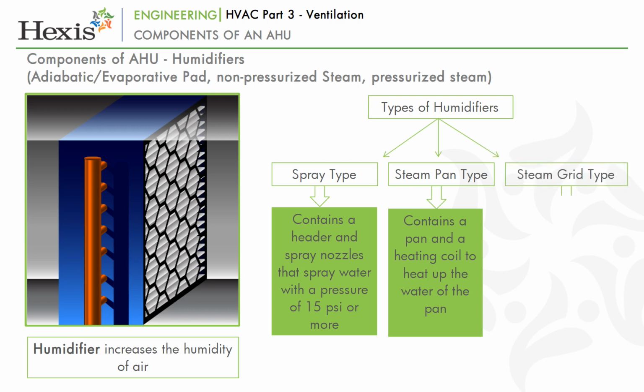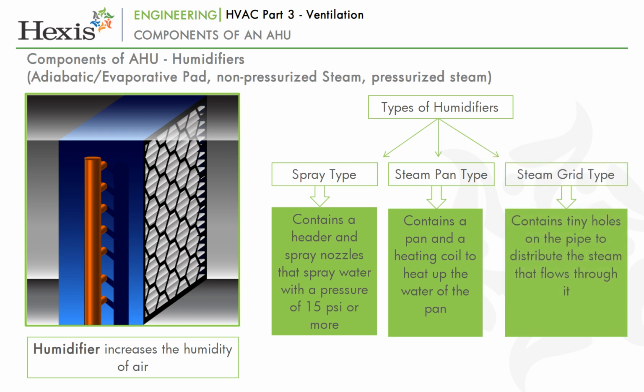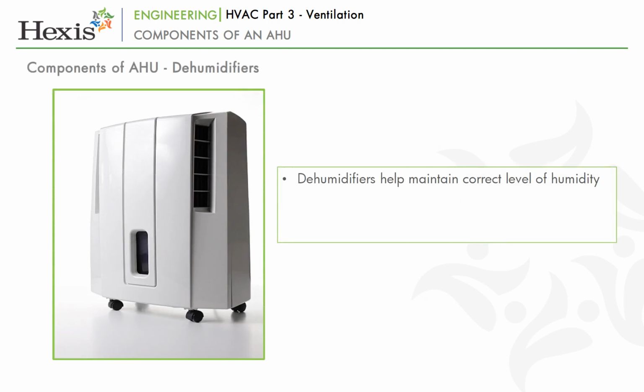Steam grid type has tiny holes on the pipe to distribute the steam that flows through it. In this case, the water that is heated up to produce the steam to be supplied to the grid is conditioned to prevent odor being discharged to the room. The correct level of humidity is crucial for an optimal room climate. Experts agree that a minimum of 40% relative humidity is essential in order to guarantee a room climate that is both healthy and